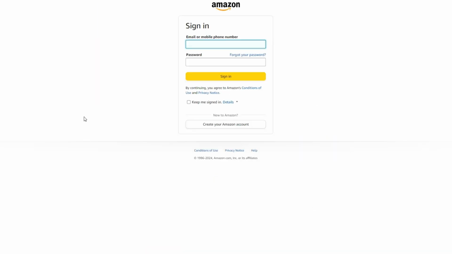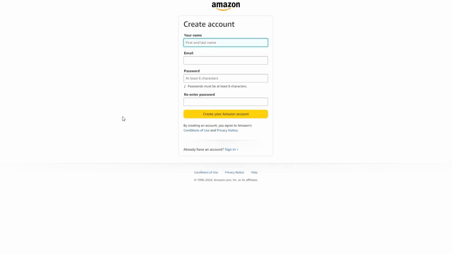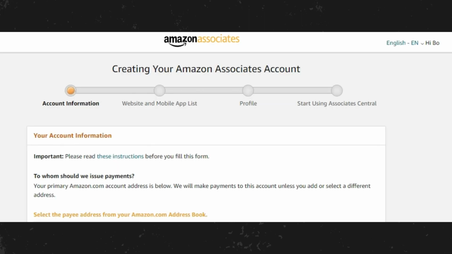and then key in your Amazon account. Or if you don't have an Amazon account, you can create your Amazon account over here first. Once you have keyed in your particulars for your new Amazon account, you can go back and sign in with your new Amazon account to create your affiliate program account. Once you have registered and signed in with a new Amazon account, you will then be